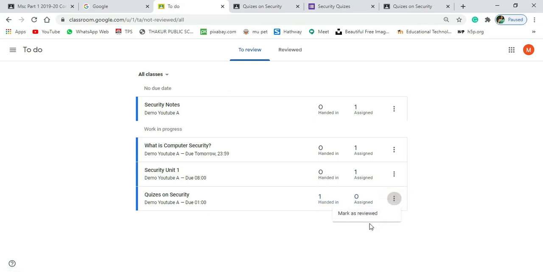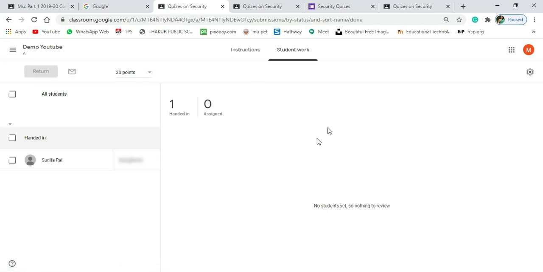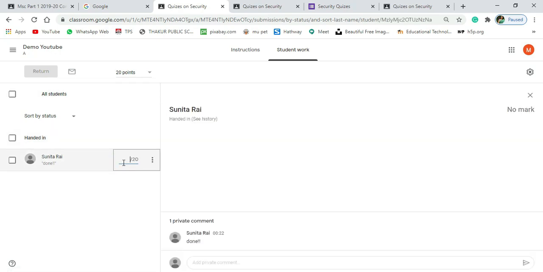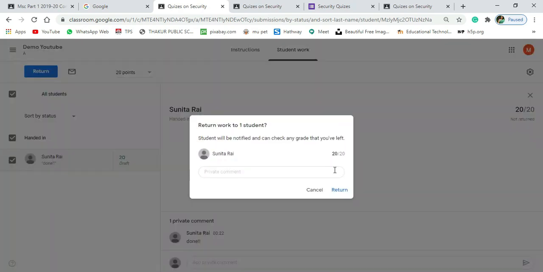So what you can do, you can mark as reviewed, or you can click and you can see what marks or grading the student got. So if you want to give marks, you can give marks to the student. Since correct answer, I have given marks 20, and then I can click on return button. So I can give message to students also, well done, so that they should also feel amazing.